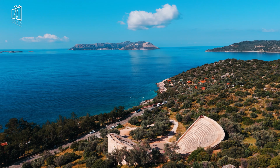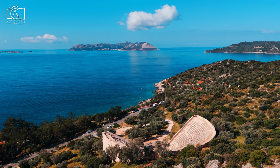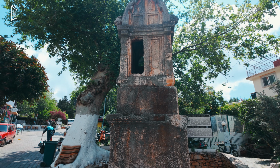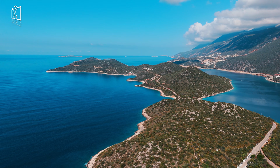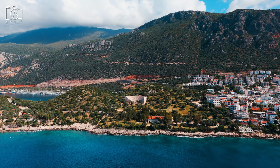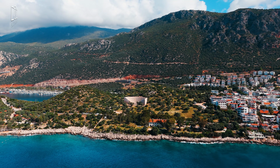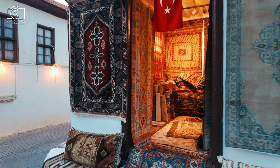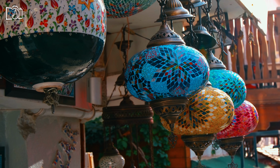One of the best ways to start your trip in Kalkan is by exploring its rich historical heritage, where ancient ruins and timeless stories make every step feel meaningful. The region is surrounded by stunning natural beauties, from turquoise waters to dramatic cliffs and green hills that make every view unforgettable. I loved spending time shopping in the quaint streets, where you can find handmade goods, local art, and